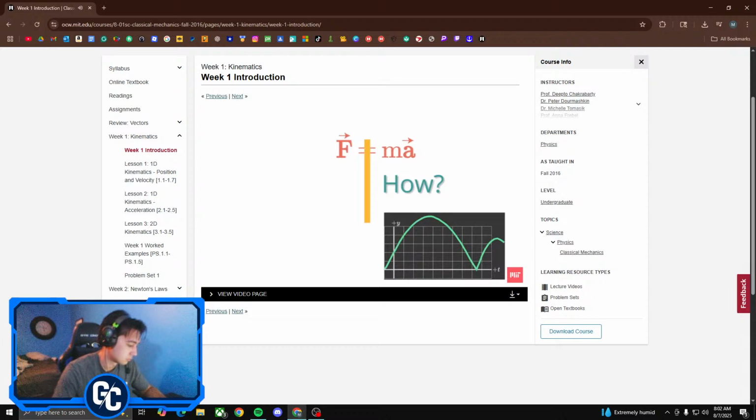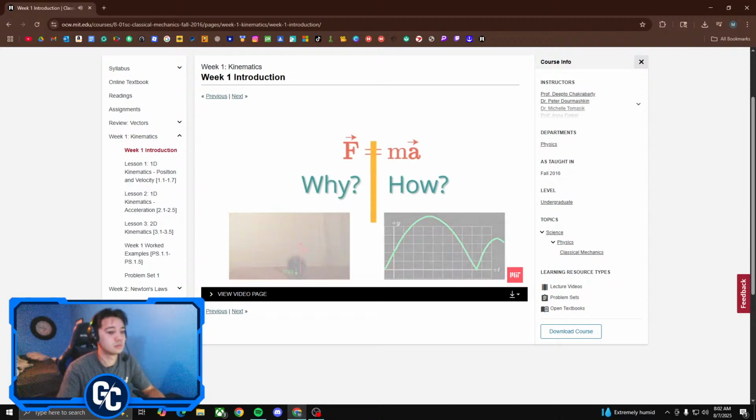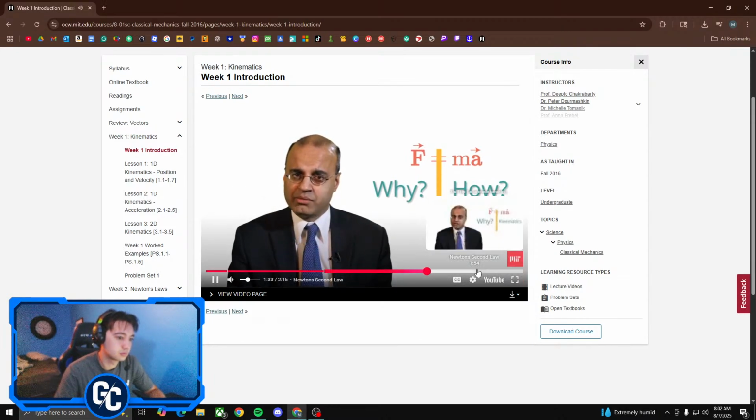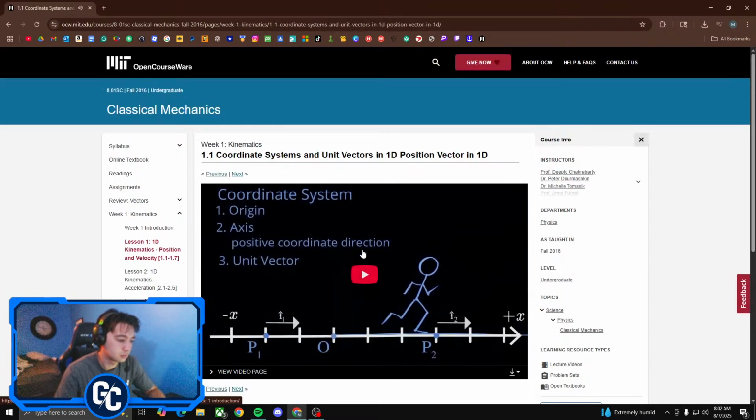The left-hand side of the equation, where the forces are, answers the question of why. Why does the object move the way it does? What causes the motion to change? These are very different conceptually, and the remarkable thing about Newton's second law, in fact, one of Newton's signature accomplishments,